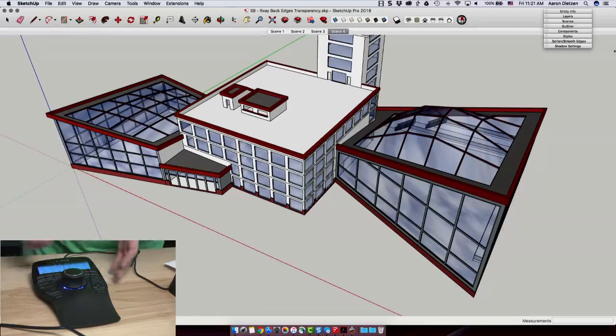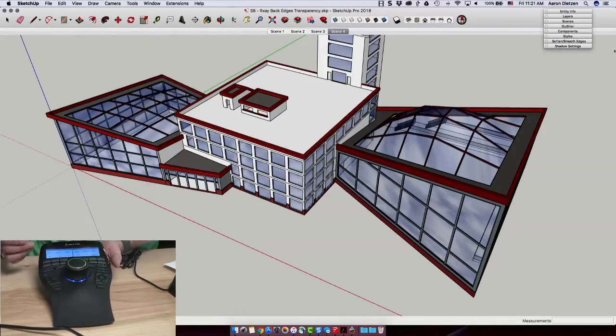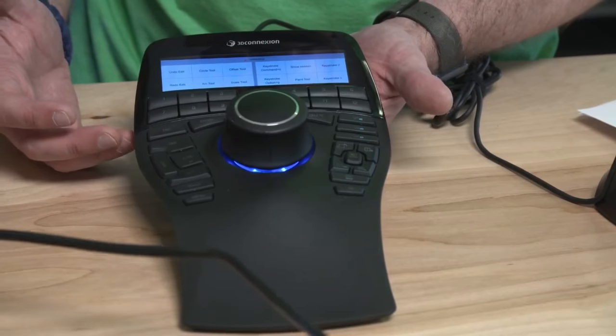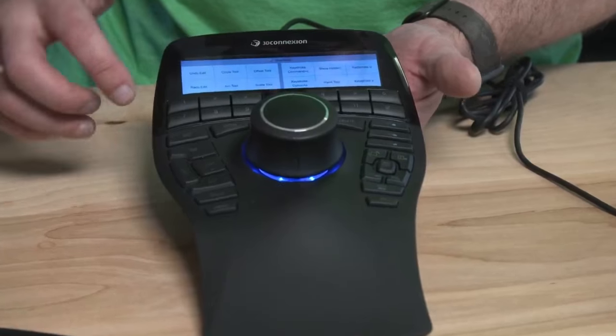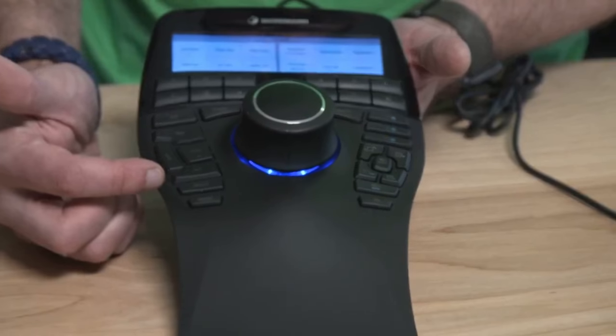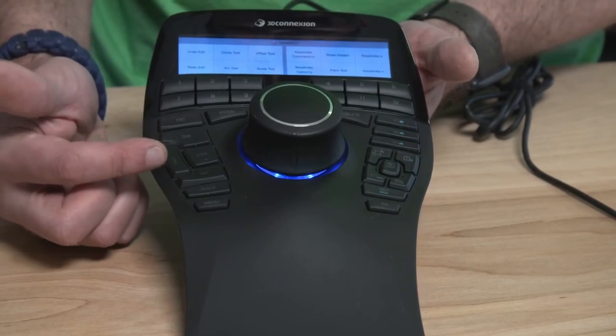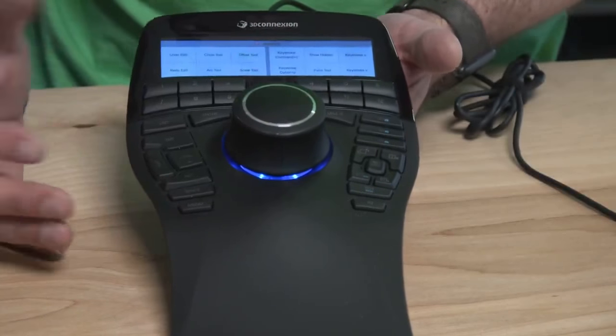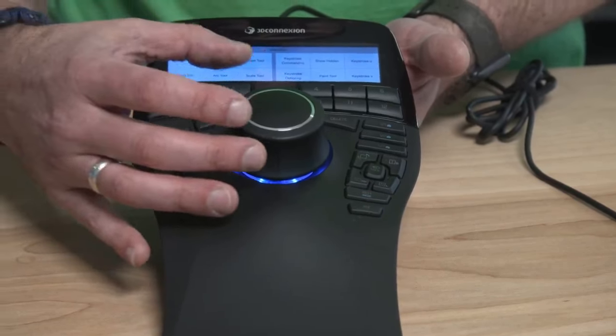But obviously, there's additional functionality here because I have all these buttons all the way around. So some of these buttons are replacements for keyboard buttons. So I do have like Escape, the modifier keys, Shift, Control, Alt here, Enter. There's a spacebar button and a delete button, which is great because I don't have to jump over to the